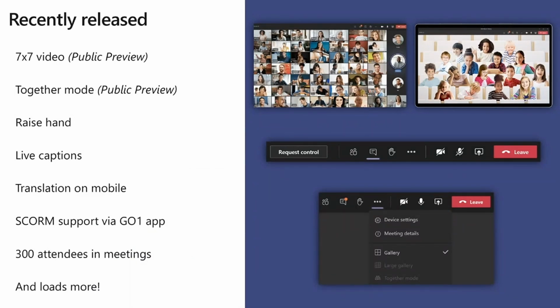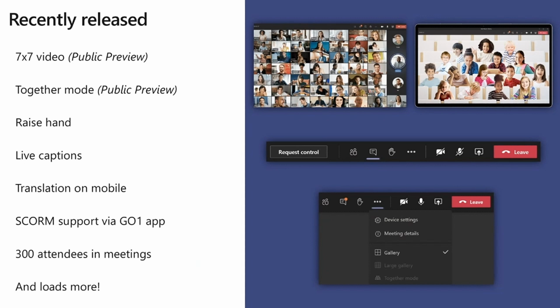So if you don't have that yet, go to settings and select the new meeting experience. And by the end of August, you should have access to that. This is, again, rolling out now, so some of you may have access already. But of course, reading body language and being able to see how students are reacting, we understand this is going to help a lot inside the classroom. Raise hand has been available for a few months now as well. Live captions, as well, thinking about accessibility, translation on the mobile client.